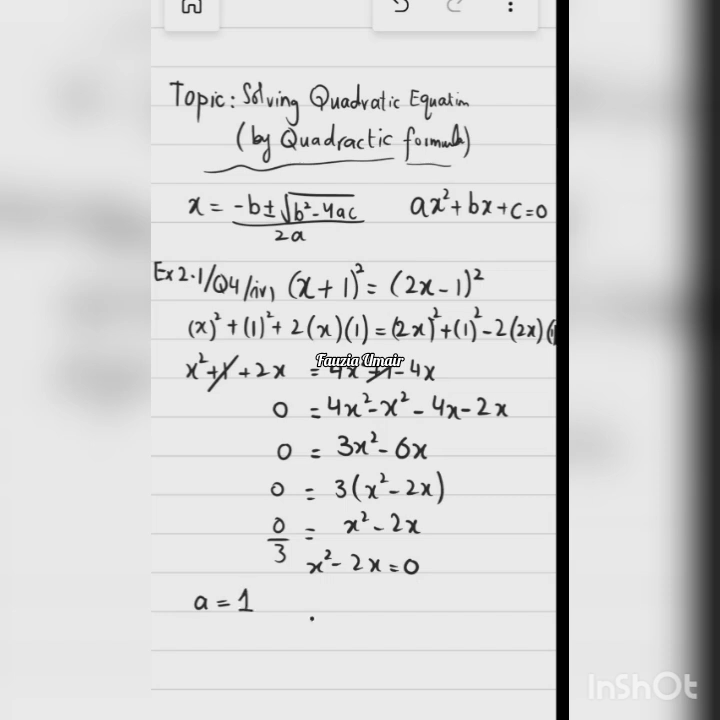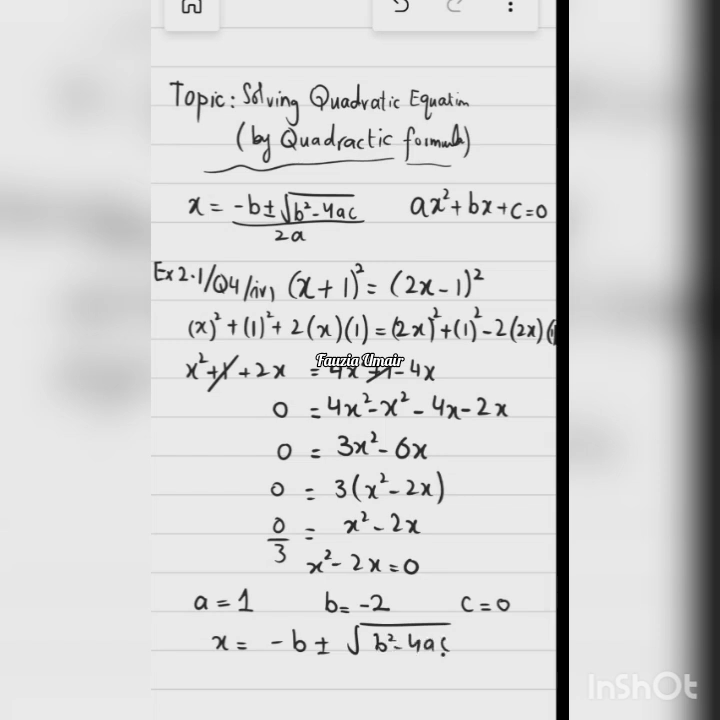So B is हाँ, coefficient of x. So B is minus 2. C is the constant value, which is not here. So C is 0. So now I can apply the quadratic formula. I can say x is equal to minus b plus minus square root of b square minus 4ac